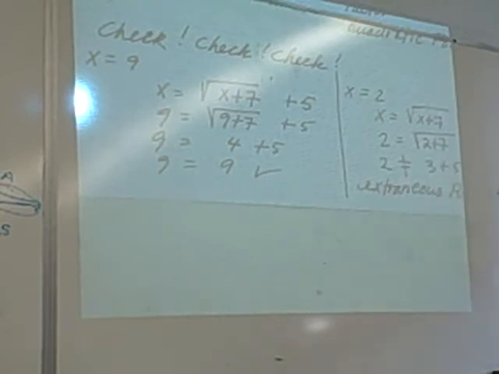And that has a name. It's called an extraneous root. And an extraneous root is a root that is what? Extra. Okay? And it doesn't work. Okay? And a case in point would be,